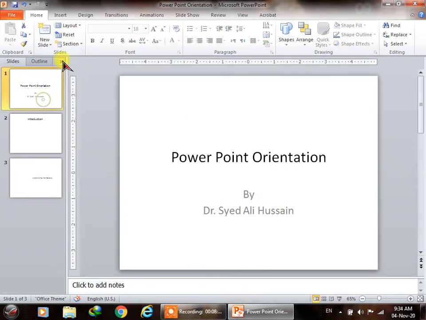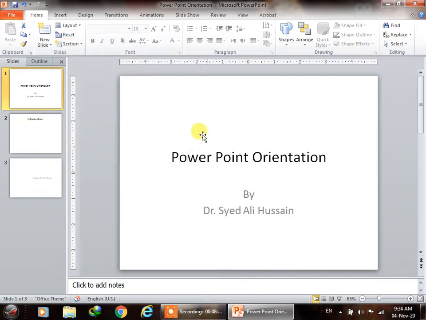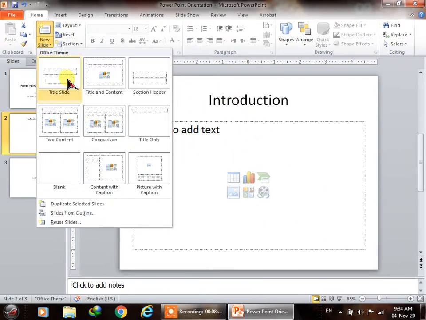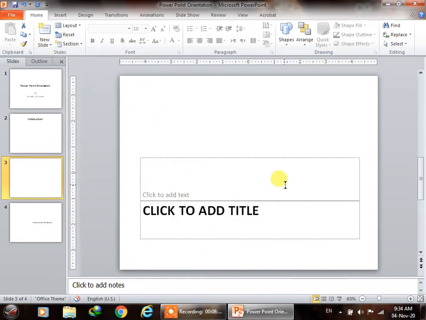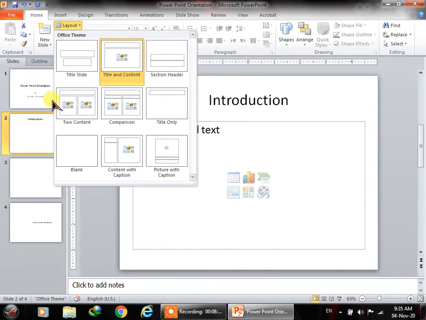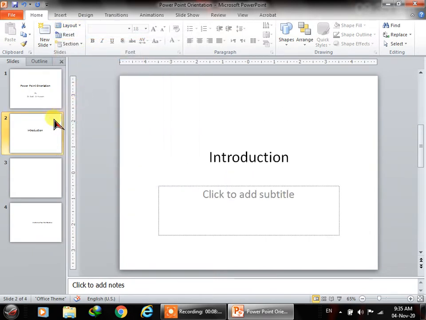Now layout is very important. When you click on the layout, it will ask you what type of slide you want to add. For example, this slide was the title and content. Now I can change it, for example, from this to this. So see the difference.